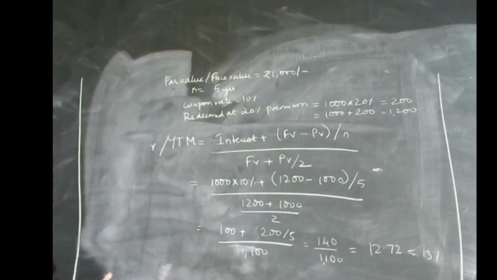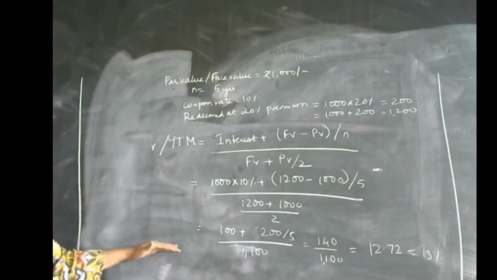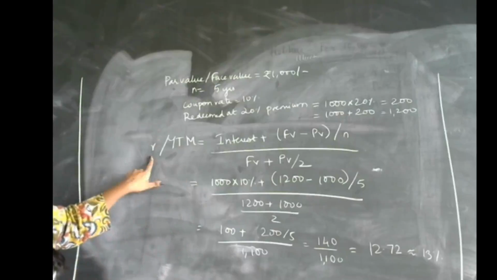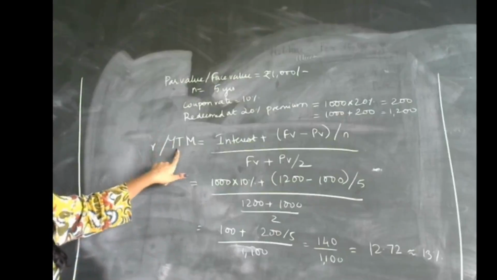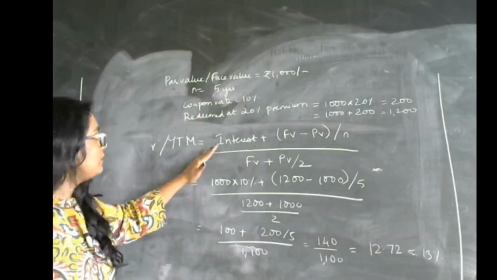So now let us try and find out the value of the bond. Okay, now this is the way I am going to find the value of bond. R value is nothing but YTM. YTM is nothing but calculated using